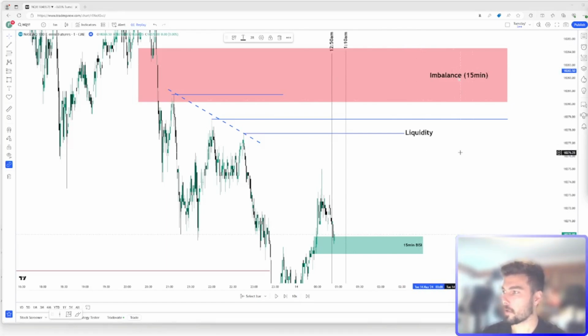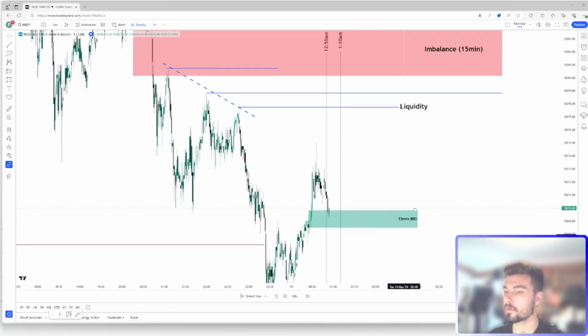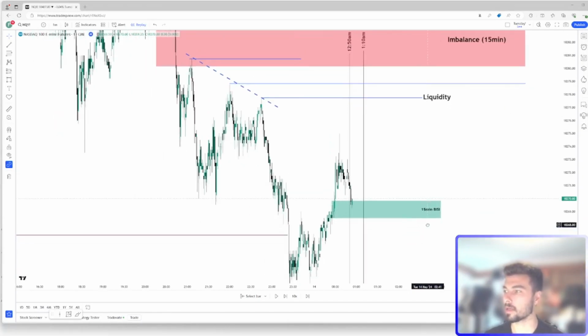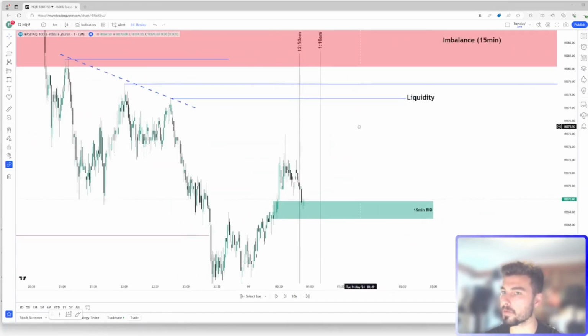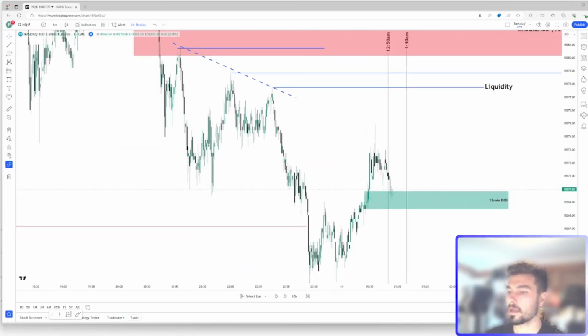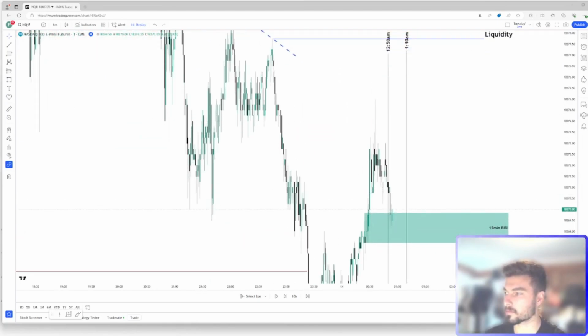So right now we're at this point. We're looking for a long opportunity. Now let's see what the macro is going to do to enhance the time factor, because price is there. We've got our targets. We've got the price signatures. But is time in our favor? Well, great. We've got a macro here from 12:50 to 1:10. Now I want you guys to notice this. Have a look at this.